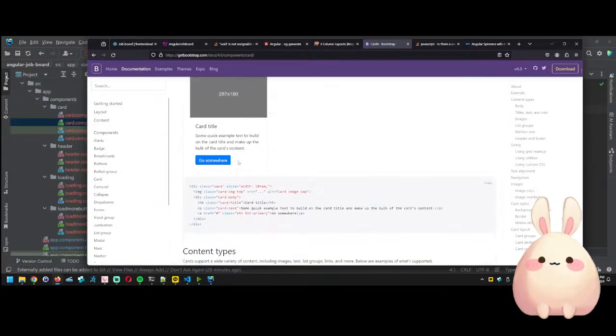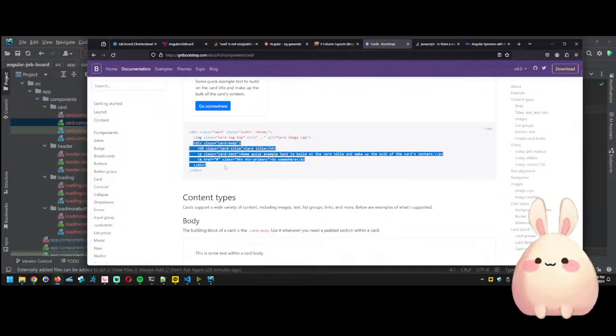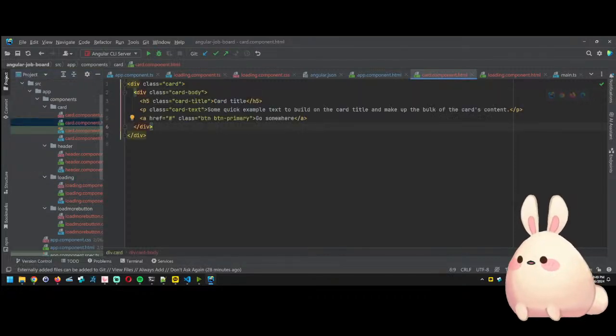Card. We'll use the card example. We'll take this. This. And for each of the cards, there are